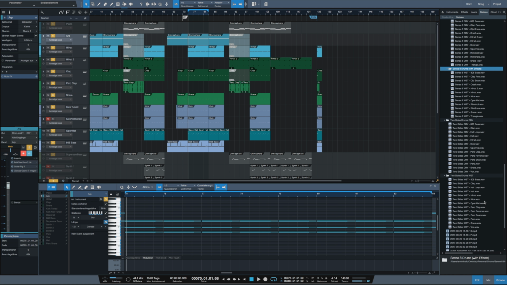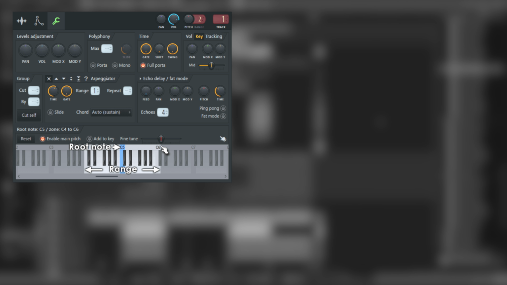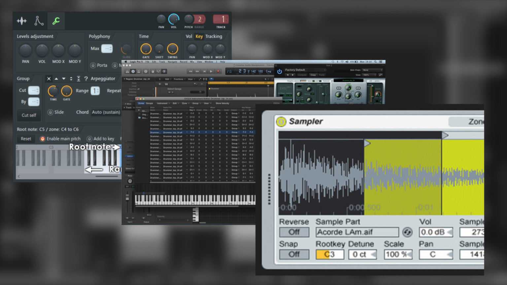And now if you're using other programs like FL Studio, there should also be an option where you can change the root note in your sampler. Like for example in FL Studio, I guess you can go to your drum sampler, then function, and then you can right click on the note you want as your root note. In Logic, for example, you can set the root note in your EXS24, and in Ableton, I guess it's just called Sampler.